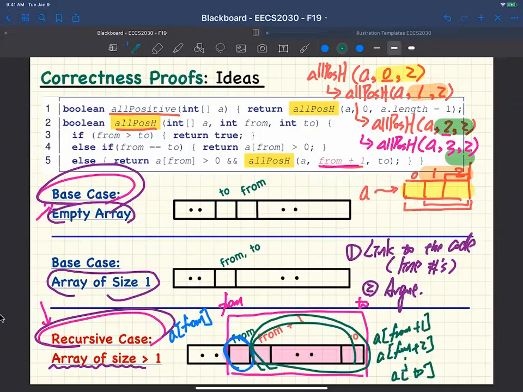We can calculate right away just to see whether A from is larger than 0 or not, right? In this particular example. What about the green one? The green one, if you talk about programming, you're simply making a recursive call. When you want to prove it, you can simply assume the recursion is just going to return back to you the correct result. Okay? So what you would do is, the strategy would be